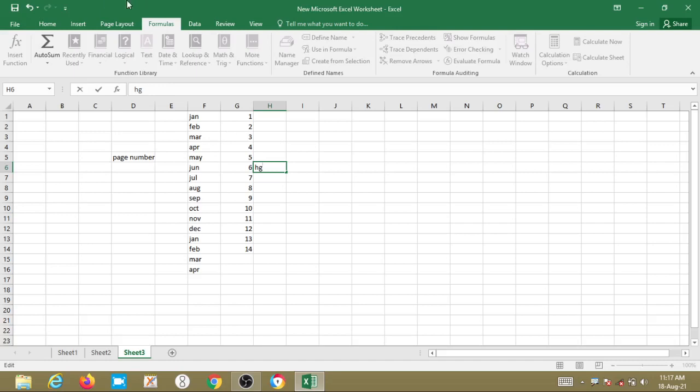Why? Because, for example, here see, I enter 9 and 9. If I want to add these two, what I will do is equal to sum.